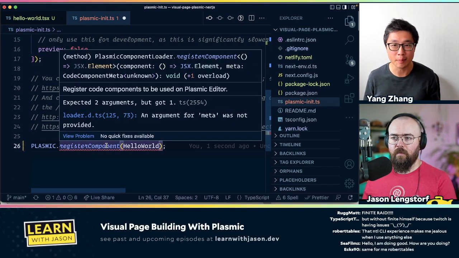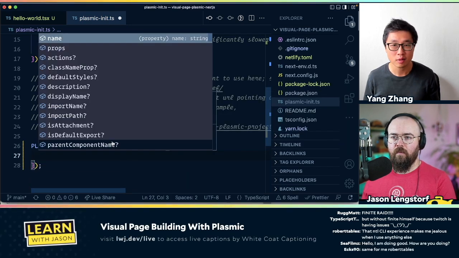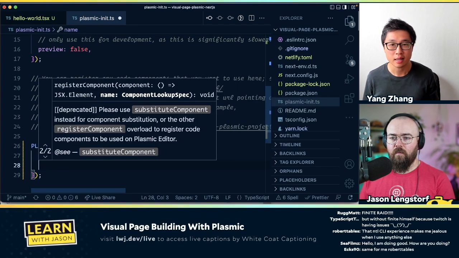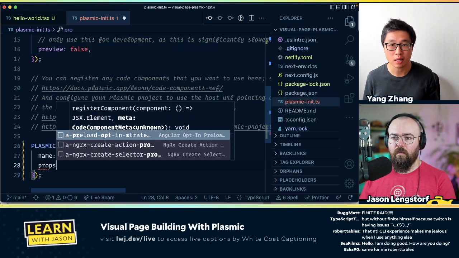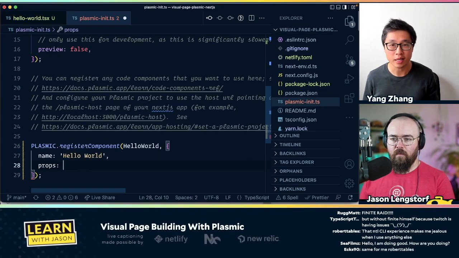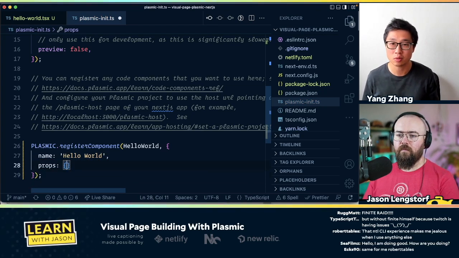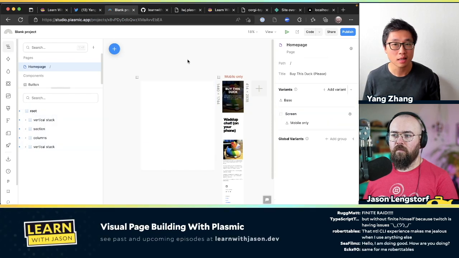The second argument, let's pass it an object that just has a name, and you can give it a name like, let's say, HelloWorld again. And then the second is props. So this is a dictionary, another object of whatever props you want it to accept. But let's say it doesn't take anything right now. So you can go ahead and save this. And then if you reload,